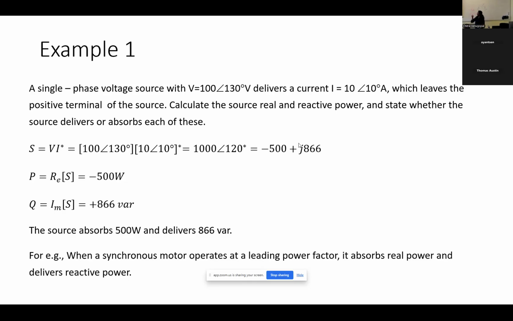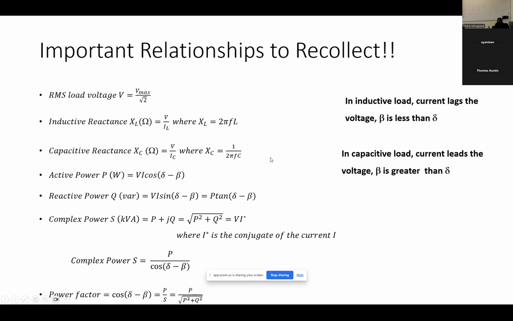So in this case, the real power is minus 500 and reactive power is plus 866. I mean watt. Okay. So it is a generator, a single phase voltage source. Current leaves the positive terminal of the source. But you are getting a real power negative. So what the rule says here,